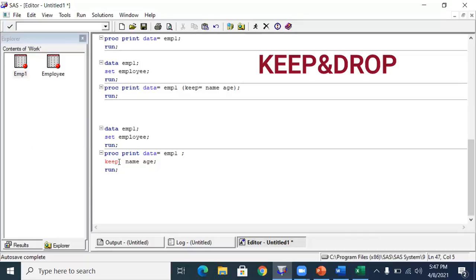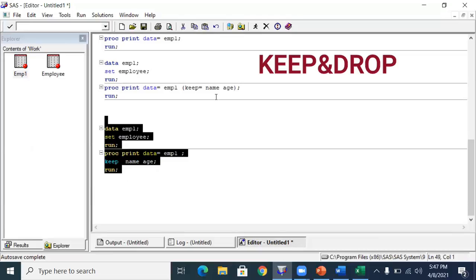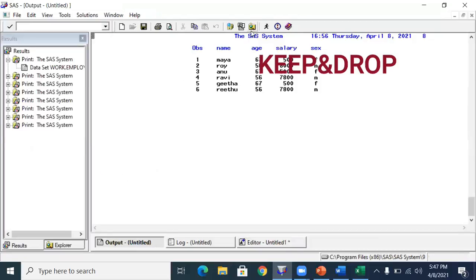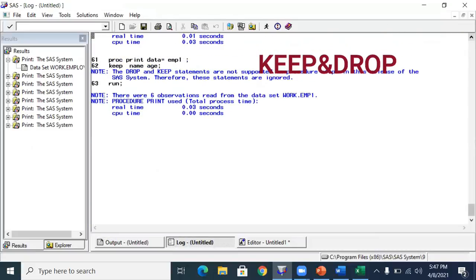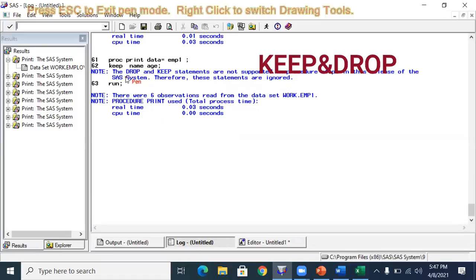So now this keep, I'm going to use as a statement here. You can see the red line. When I run this, what will happen? I get all the variables here: name, age, salary, sex, whatever variables are there in the parent data set, everything got printed. And when I go to the log window, I get a note saying that the drop and keep statements are not supported in the procedure step.